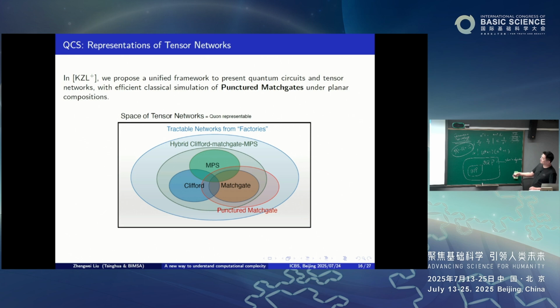So in the first paper, we propose this linear graph showing which kind of states have classical simulation. Previously, we knew matrix product states and Clifford and matchgate circuits have classical simulation. Now we can find something additional to the matchgate, something more than that. And this has become a very popular subject in recent years. People are trying to use new numerical methods, like DMRG methods, to find more states that have classical simulation.